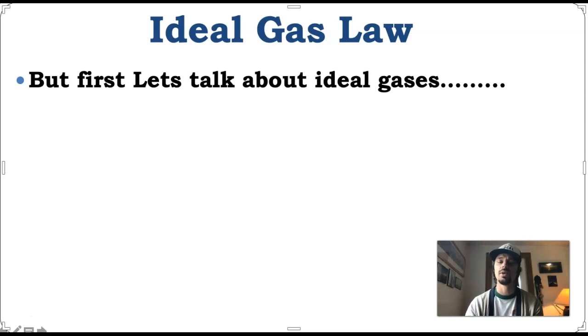But before we discuss or derive this ideal gas law, I first want to discuss ideal gases. So what are they? Well, you've probably heard that term before, ideal. What does ideal mean? Hopefully you're thinking, in an ideal world, we would all be in school right now. So what is that? In a perfect world, okay? But we can't be in school right now because of this